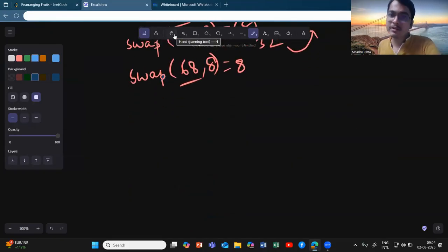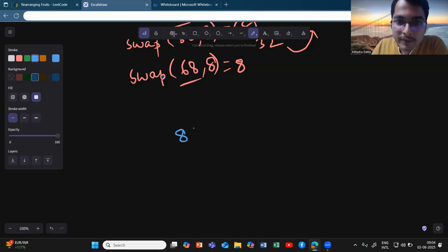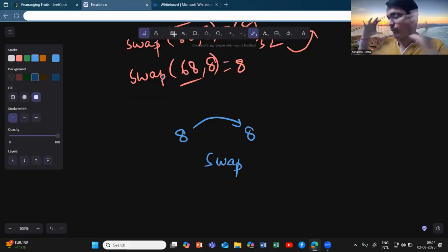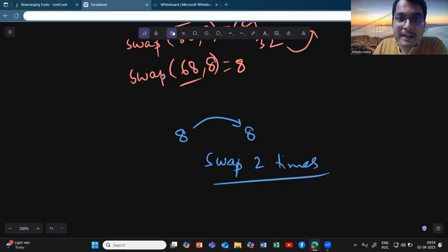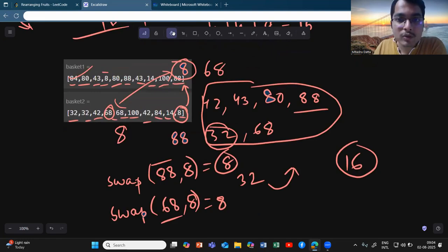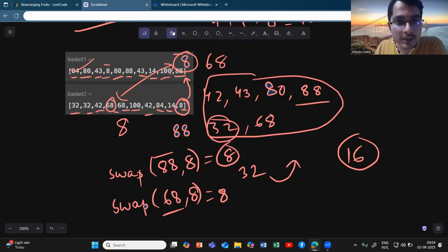When exactly do I need to use this element to swap? Let's say you are swapping 8 with another element in the array, then it will cause a disbalance of 8 also. So you need to swap two times, if it is present in a proper manner. So whenever you are iterating through the array,